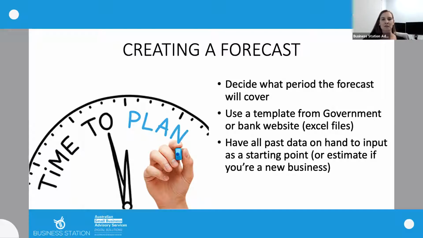Keep in mind, sales figures always change because they depend on so many factors. It could be the type of customer that you sell to, how quickly they have to pay you, because remember, a cash flow forecast is based on the timing of cash coming in and going out. It could also vary by what the economy is doing. There could be interest rate increases, unemployment rates might rise, and what your competitors are doing can impact. So there's tons of different factors that impact your sales. So be as realistic as possible when you are forecasting.